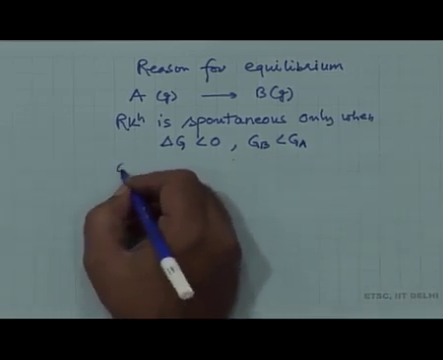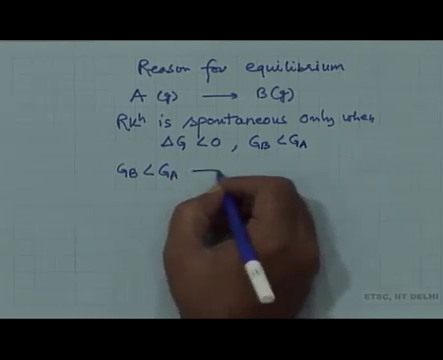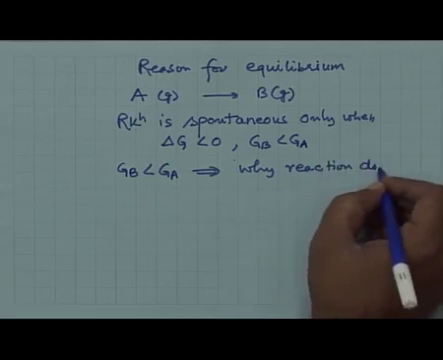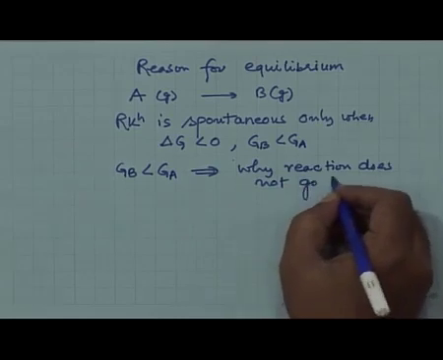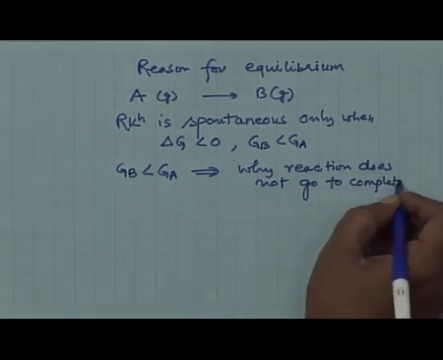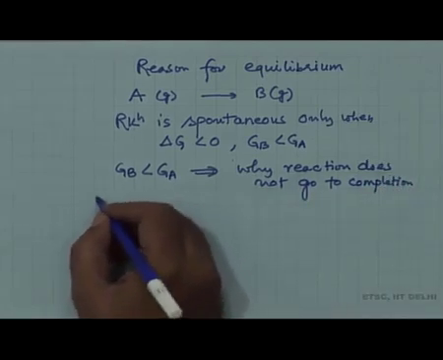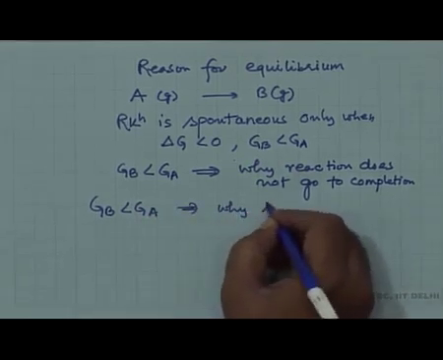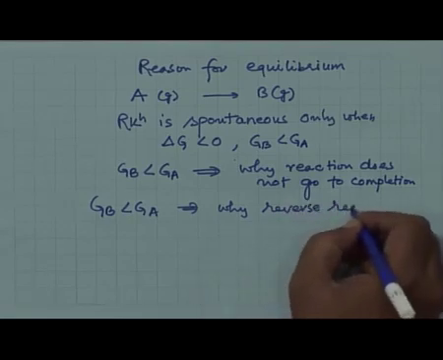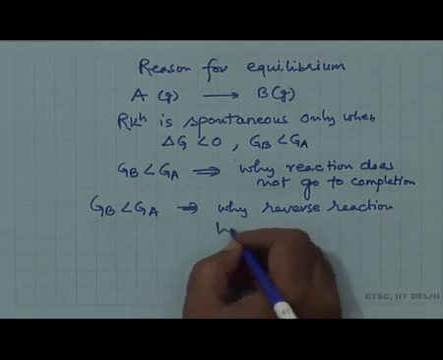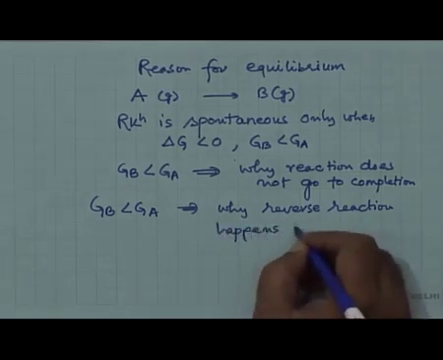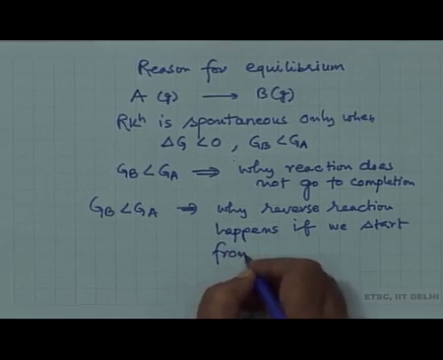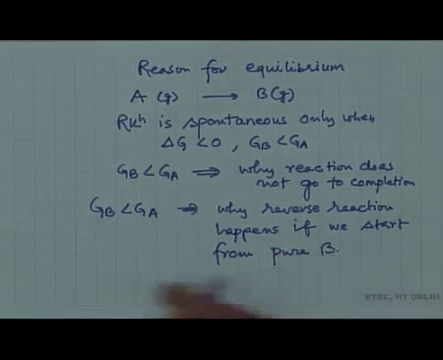Now, question is, if G B is less than G A, why does the reaction not go to completion? The second question is, if G B is less than G A, why does the reverse reaction happen if we start from pure B? For this,